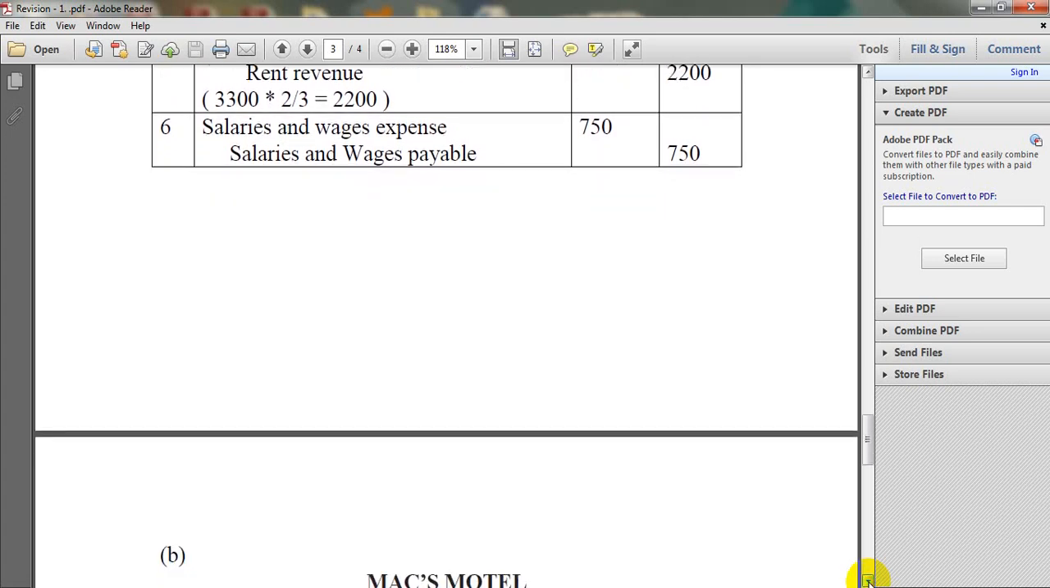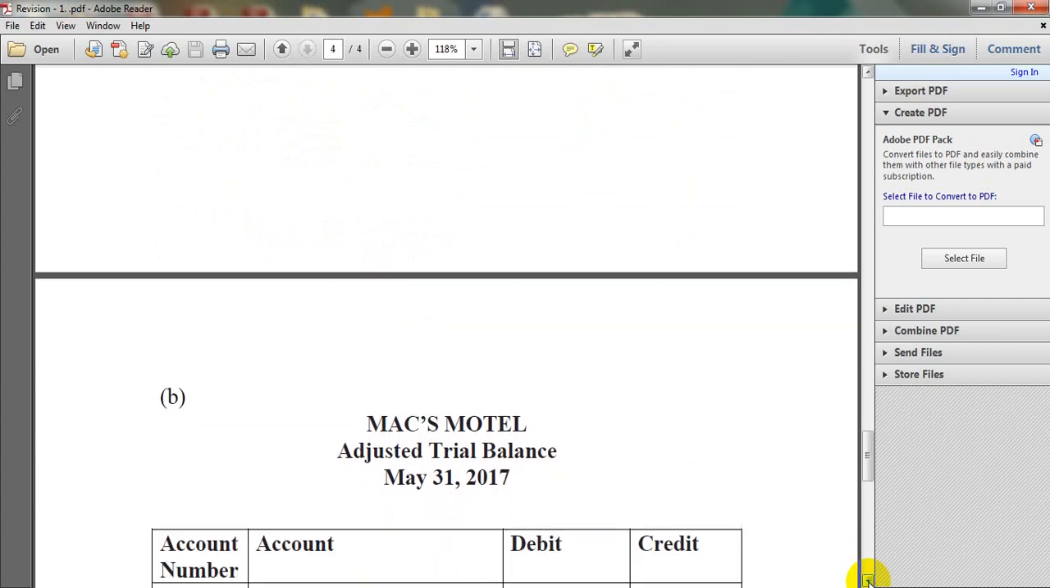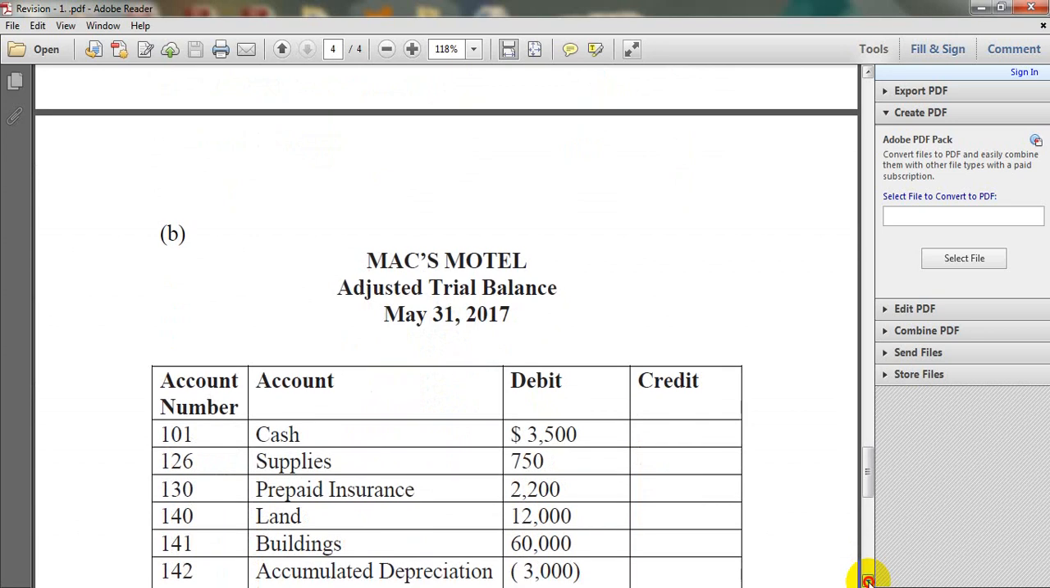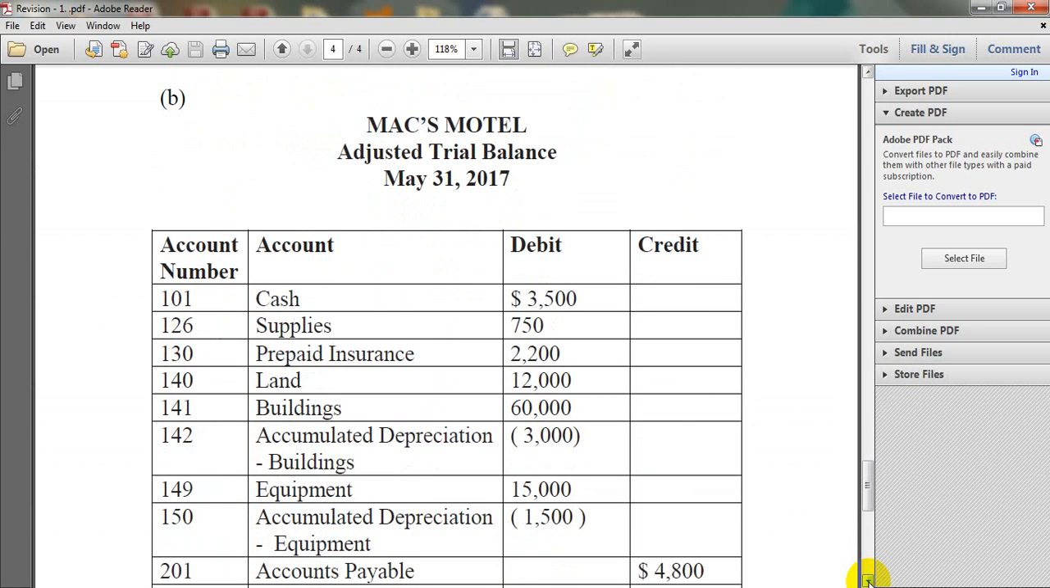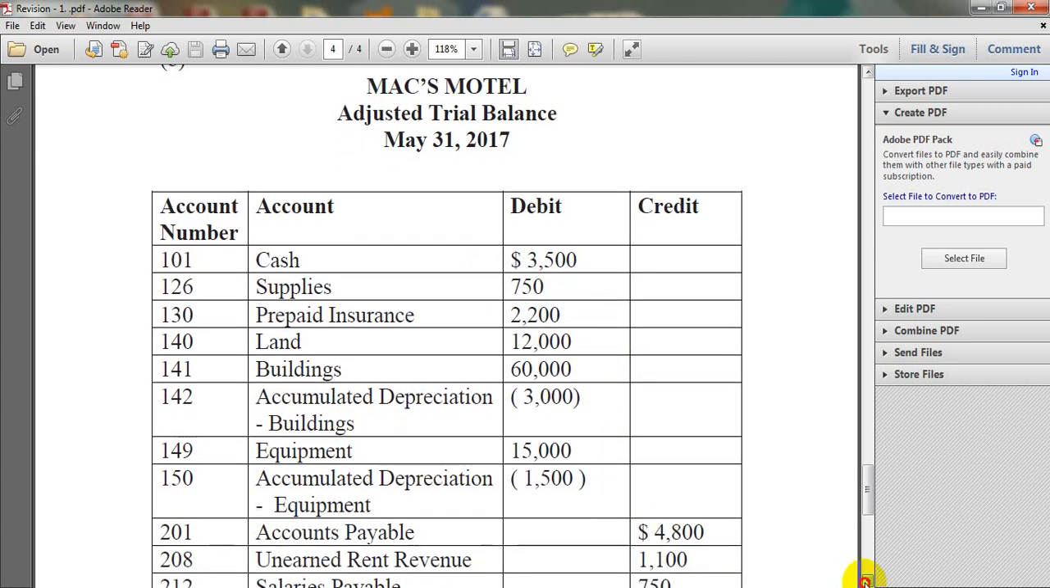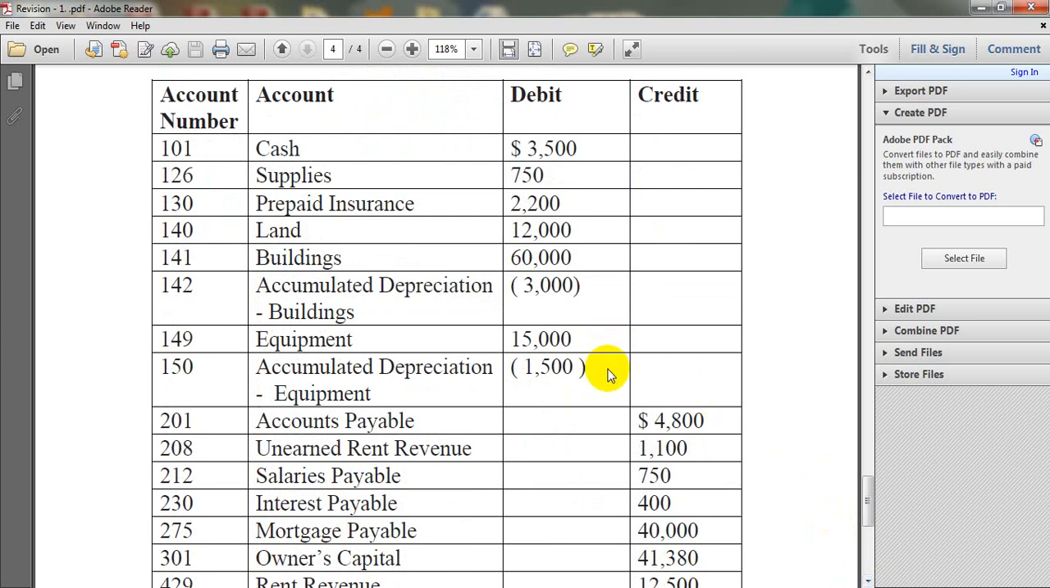and before the adjusted trial balance. In the adjusted trial balance, we will get some changes in the accounts, such as supplies appearing for the amount 750, prepaid insurance for the amount 2,200, and the accumulated depreciation for building 3,000, accumulated depreciation for equipment 1,500, and unearned rent revenue appears in the credit for 1,100, salaries payable 750, interest payable 400, and